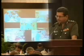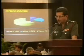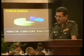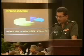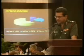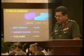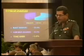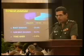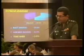Ladies and gentlemen, let me show you now the type of injuries encountered during this operation. Largest number of casualties we received from Vanni Theatre, that was 78.5%, and the least number from Eastern Theatre, that was 5%. Majority of injuries sustained by the soldiers were due to blast, accounting for 59.6%, and gunshot injuries were accounting for almost 40%, and there was a small percentage of patients exposed